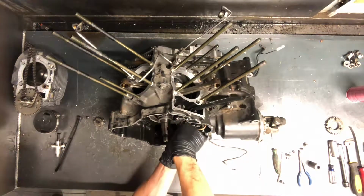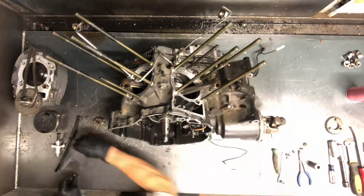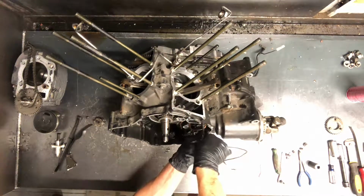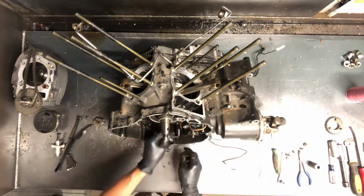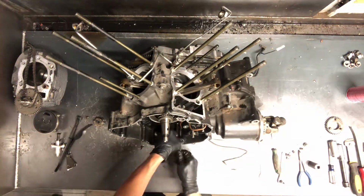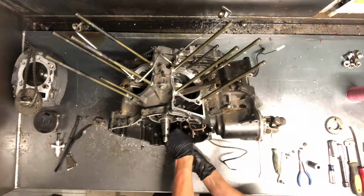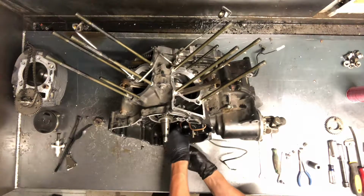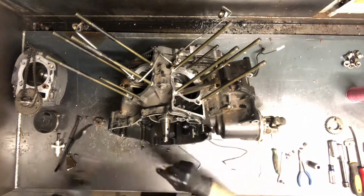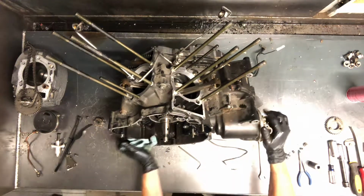We've got an oil line over here too that we can remove with the same Allen. So we'll go ahead and do that at this time. We'll loosen one up here, and it's a copper colored line. And it just takes 2 Allens to remove it. All right, those are off. Now what we're going to do, we're going to remove this